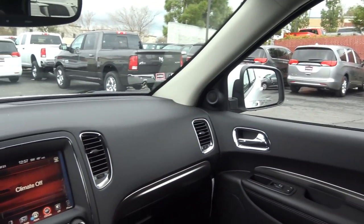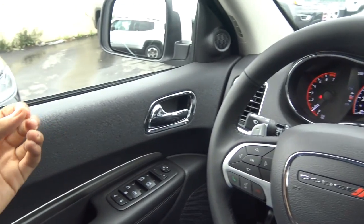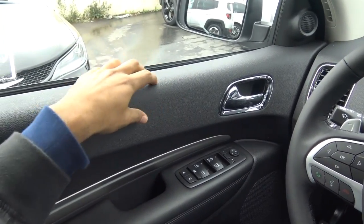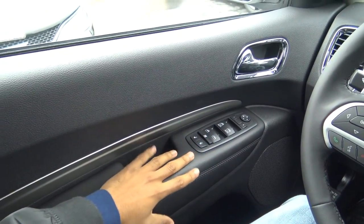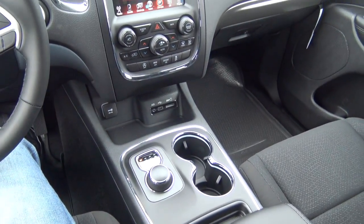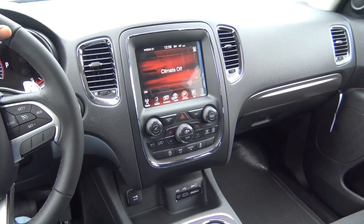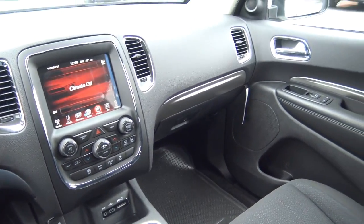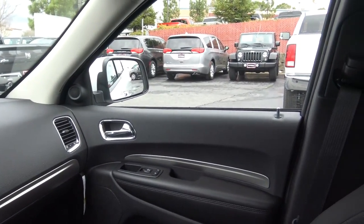Interior quality is okay in the Durango. It certainly can be better, especially when it comes to its build quality, but the materials are okay. You have nice soft touch materials on the upper door panel, as well as on top of the dashboard and on the armrest too, which is nice, as well as the center console lid. But there are some places where Fiat Chrysler cost cut on the Durango here, especially when it comes to the gaps between the panels. It is pretty noticeable at times, but it's not too shabby, but it's certainly just average in terms of its